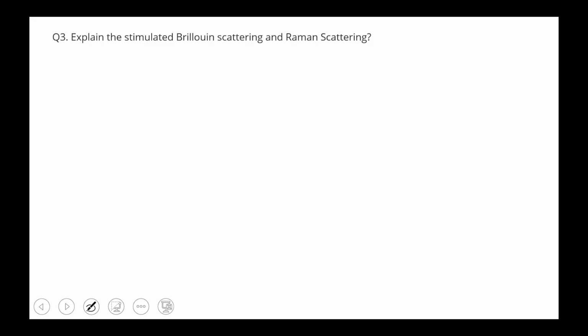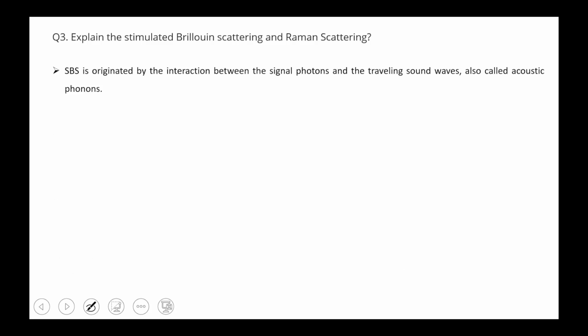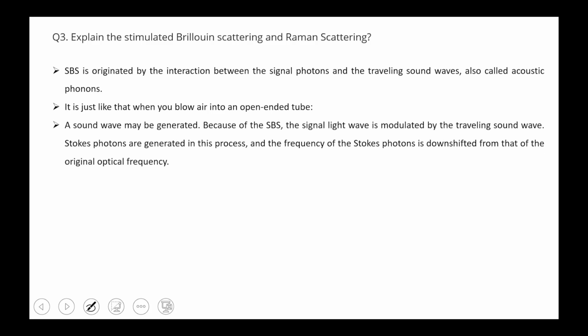So stimulated Brillouin scattering originates from the interaction between the signal photon and the traveling sound wave. It will be a sound wave in the atmosphere, because inside there we do not have a sound wave, but in the open atmosphere some sound wave will be there. It is just like when you blow air into an open-ended tube, and a signal photon will be generated. So a sound wave may be generated because of the